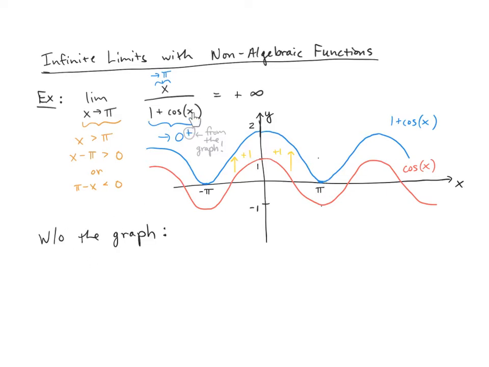And one way we can go about doing this without the graph, if you maybe want to think about this in a more sophisticated way without having to draw out the graph. Instead of using the inequality that x is greater than pi that we got when we were talking about the right-handed limit, right? So back when we were talking about algebraic functions, we would try to take the handed limits and get inequalities like this. Well, there's a different inequality that we can work with here, and that comes directly from